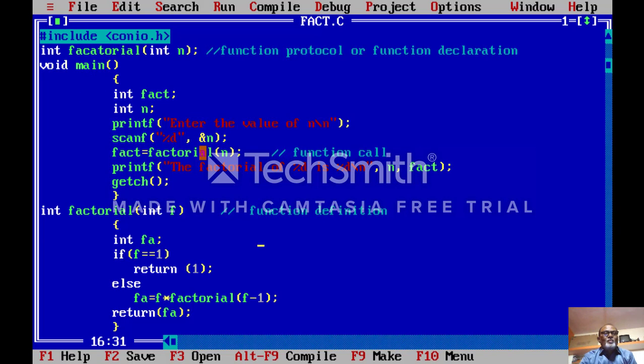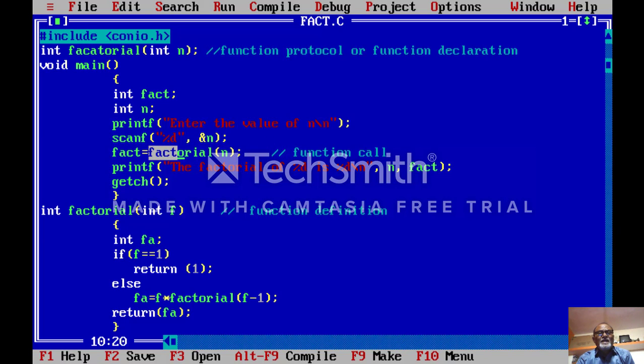Then now again we summarize this program. Now this is the main function. Every C program starts to execute from the main function. Here we have declared two integer type variables. The name of the first variable is fact and another is n. Now we want to calculate the factorial of the value of n. So we want to enter the value of n here. By using this scanf function, we input the value.